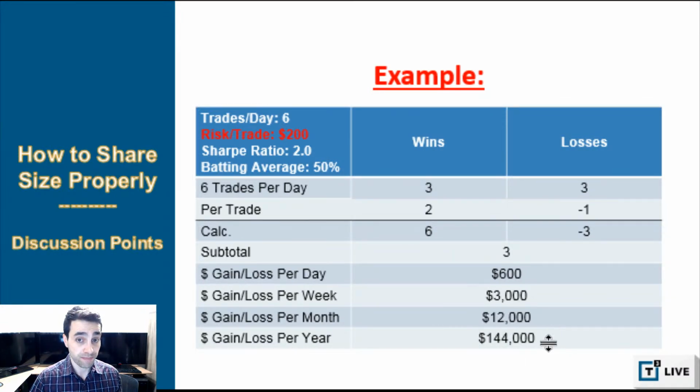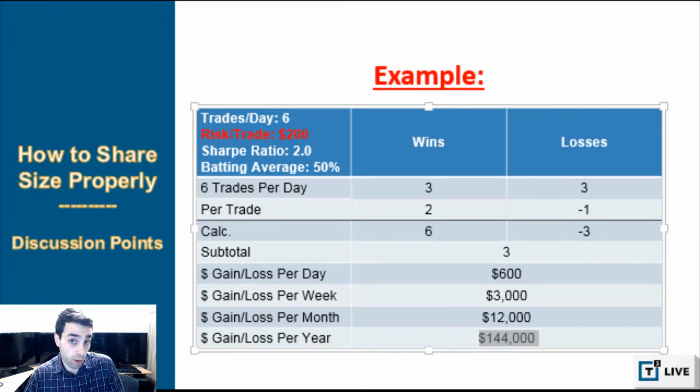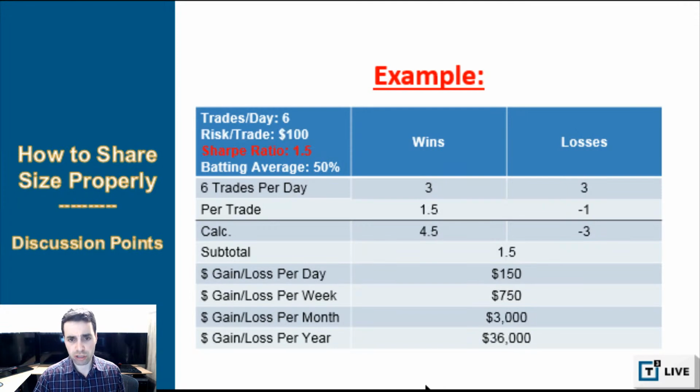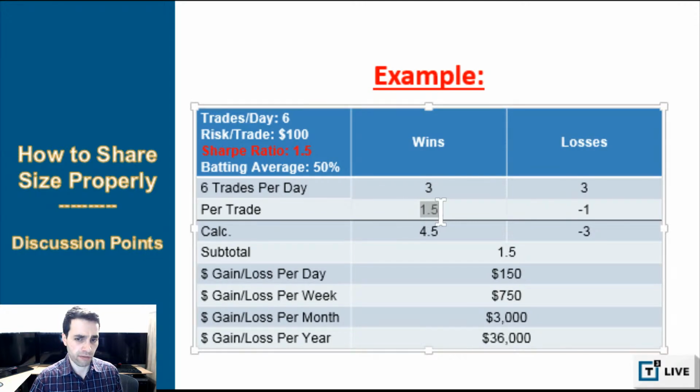Does that make sense? You see that little difference? Somebody that risks 100 versus 200, that's double, and it's going to affect the bottom line on a 1-to-1 ratio also. Let's say that person's Sharpe ratio is not 2.0, it's 1.5. So when he makes money, on average, the winners are 1.5 times the losses. So his subtotal is going to be 1.5 R's, risk units, times